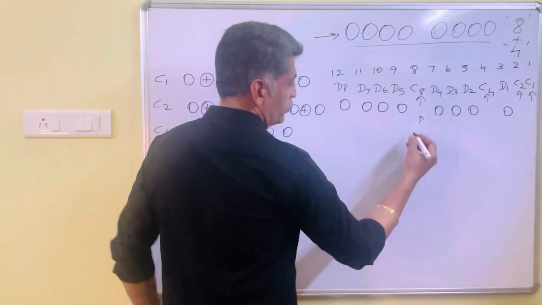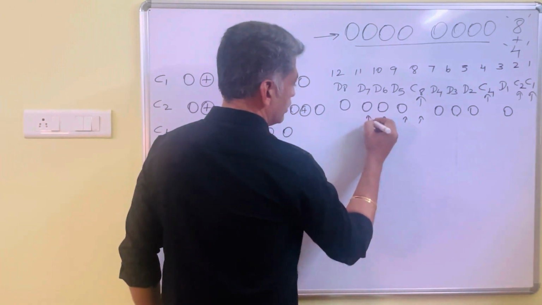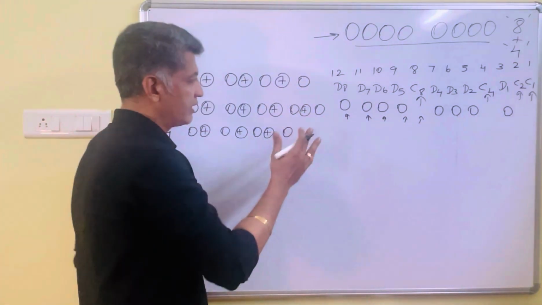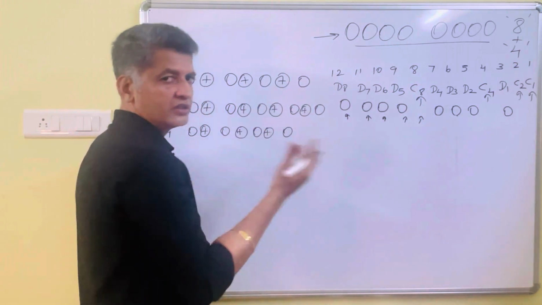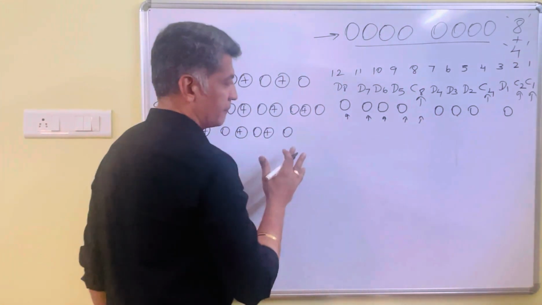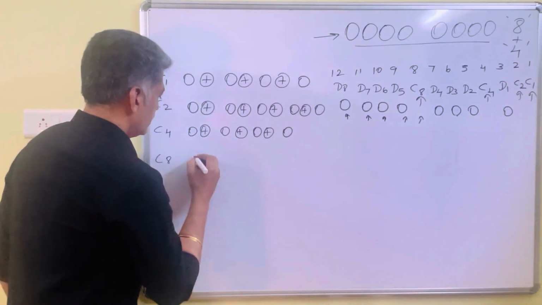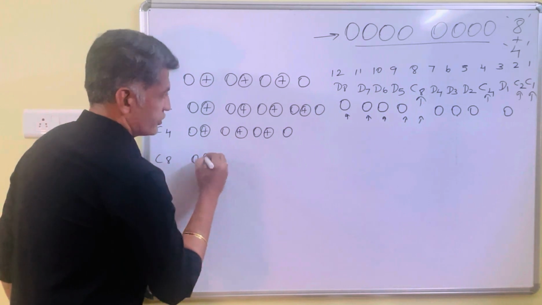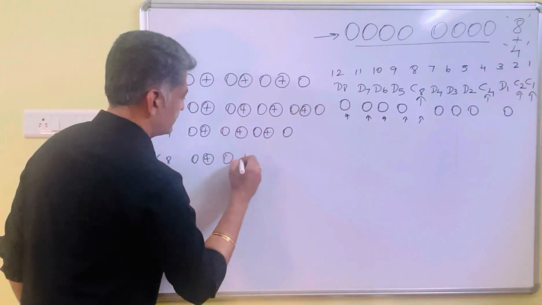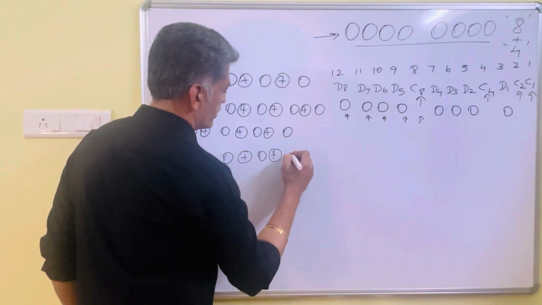Now if I am counting here, 1, then 2, then 3, 4 and 5. At 5 I need to stop, because after that there are no bits. Now I need to check continuous 8 bits, so 5 bits are there, and I am checking. Now I am adding for this one. D5 is there, 0, and the second 0 is here, and the third 0 is here, and the fourth 0 is D8,